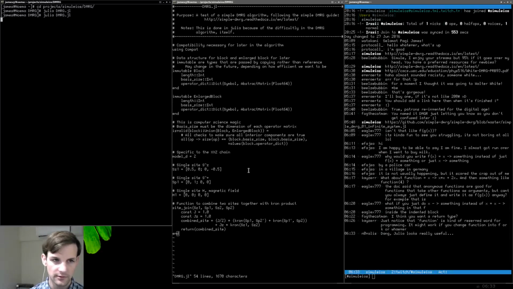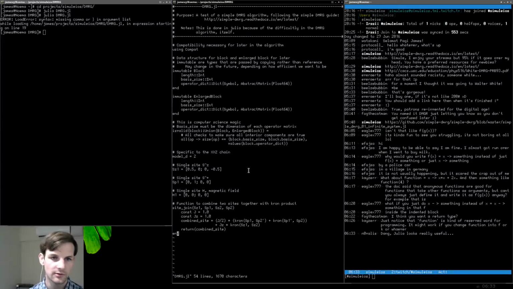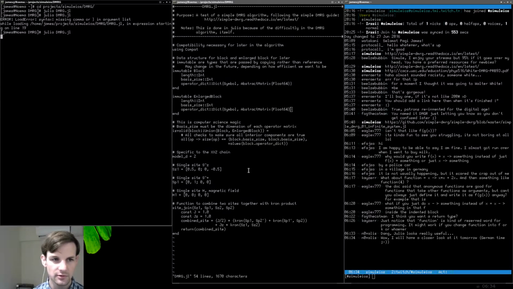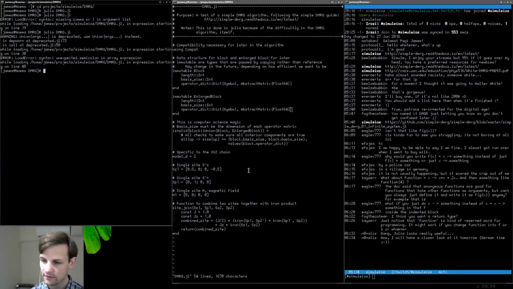Here, Julia DMRG. Error loading: syntax, missing comma or argument while loading, operator dict. Syntax, missing a comma or squirrely bracket. That's because at the end I put the wrong bracket. So the nice thing about Julia is it actually uses a just-in-time compiler, kind of like